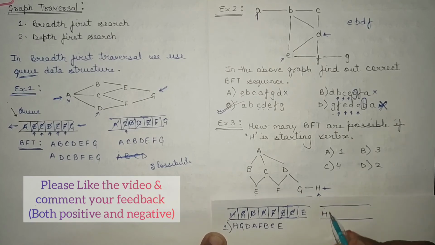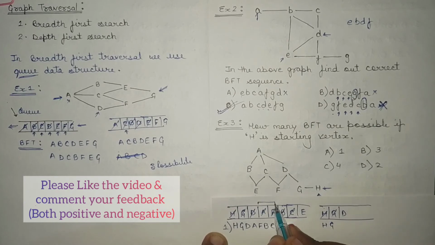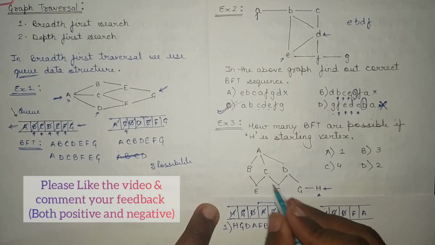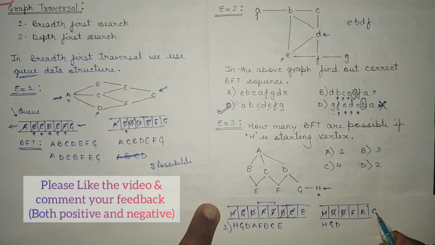So first you will get H, adjacent is G, delete H and print. For G, D is adjacent, now delete G. For D, A and F are adjacent, so the first time I took A and F, and now I am taking F and A to find the other possibility of the sequence. So D will be deleted. Now what is the adjacent of F? C. There is only one possibility, so C is inserted and F is deleted.